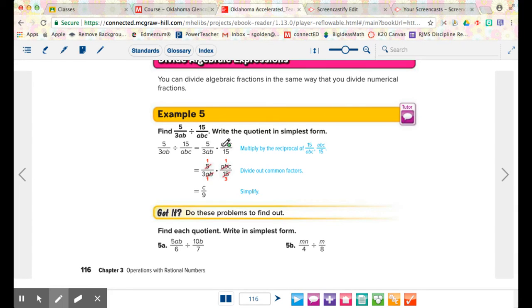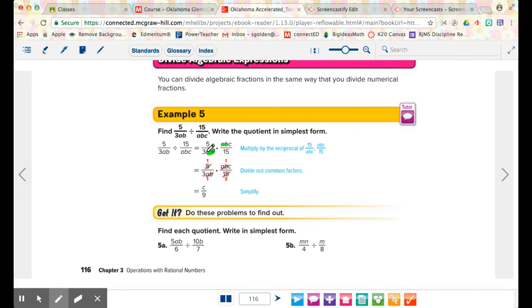So from here, we can actually cross-cancel a lot of stuff. Just like if we had a 3 up here and a 3 down here, they would both cancel. So we can do that with letters, okay? Because A is the same thing as A. So I can cancel this A and this A. Well, if you notice, there's also a B that they both have. We can cancel both of the A and the B. There's a C up here and there's not a C down here, so it can't cancel, okay? And there's a 3 here and no other whole numbers up here, so we can't do anything with that, but